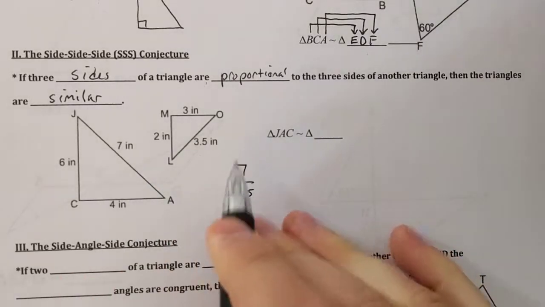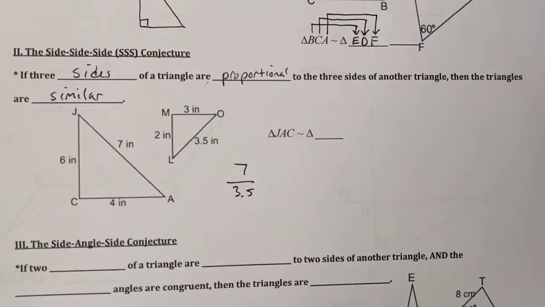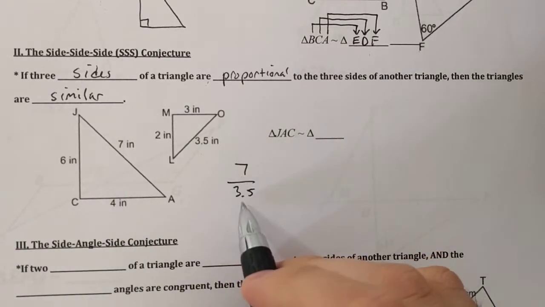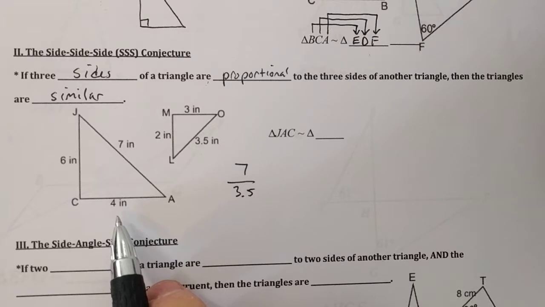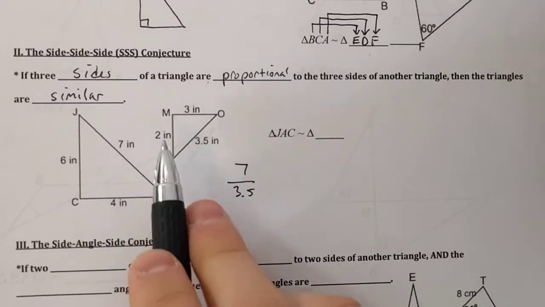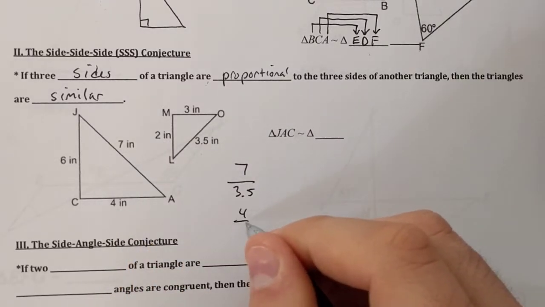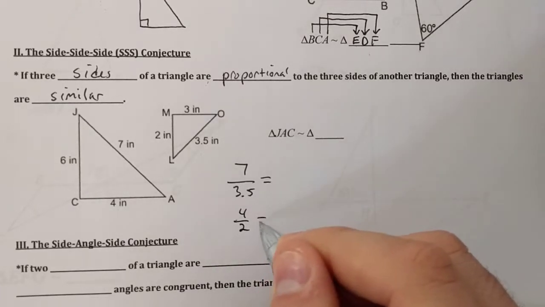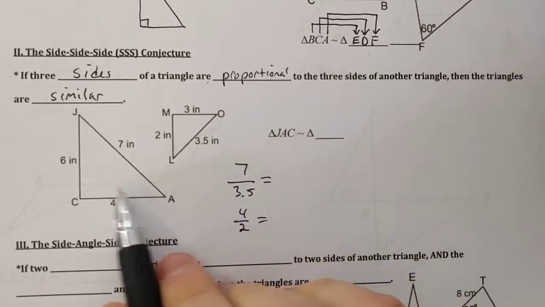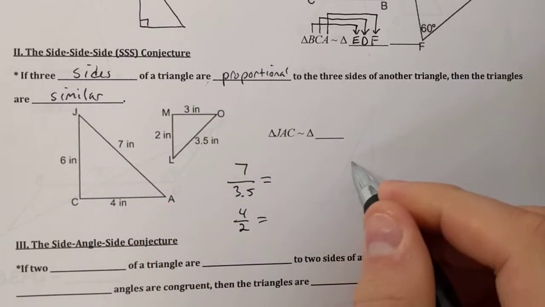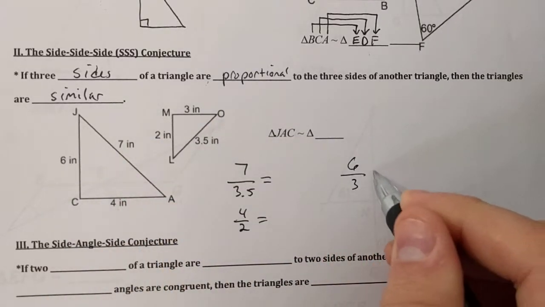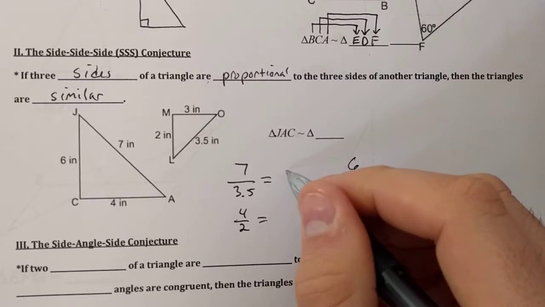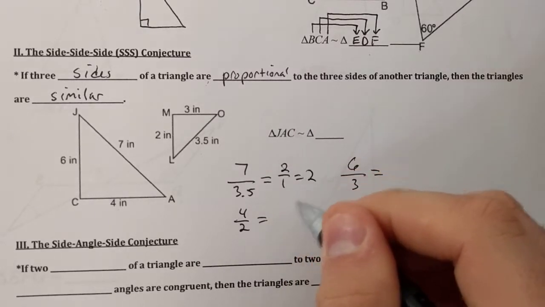And I chose to go bigger over smaller. Small over bigger will work as well, as long as you do it the same throughout. So I did big over small for the first one. The second one, we'll do the smallest side length, 4 and 2. I did big over small again. Okay. And then one more, we have 6 and 3. It turns out that all of these equal 2 over 1, or 2,